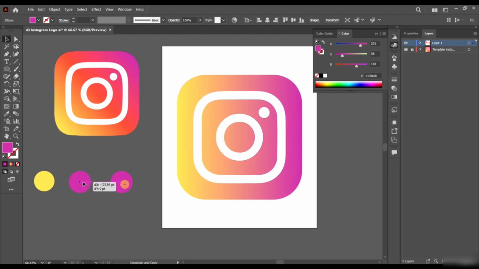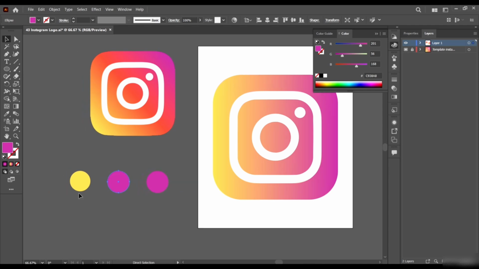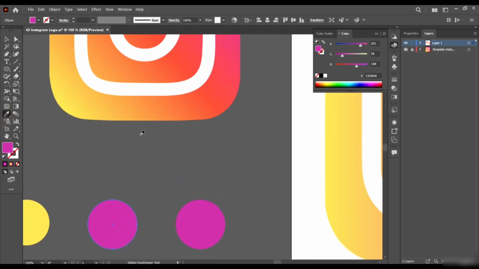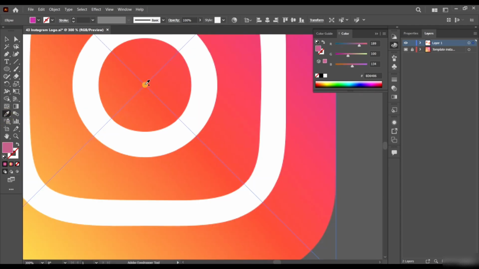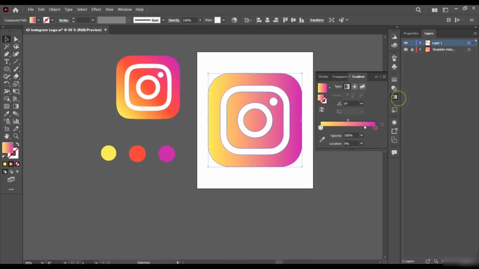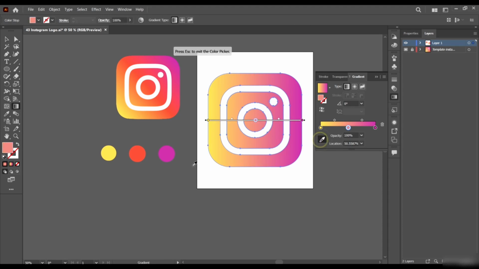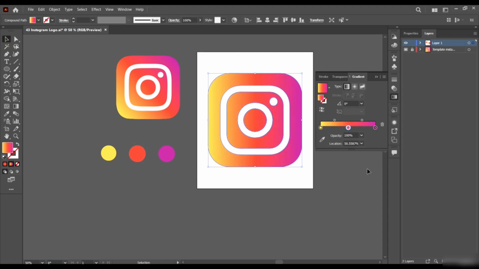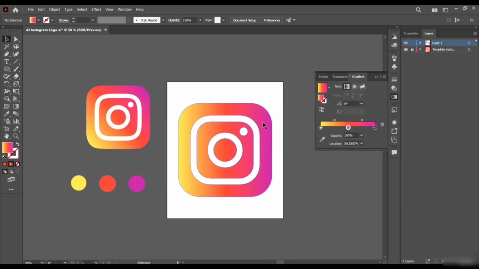So just select this guy and duplicate it, use the eyedropper tool and sample the middle color, then select our shape, go to the gradient and click once in the middle to create a gradient stop. Select your eyedropper tool and give it this color in the middle, and boom, we see that we now have the colors lined out perfectly.